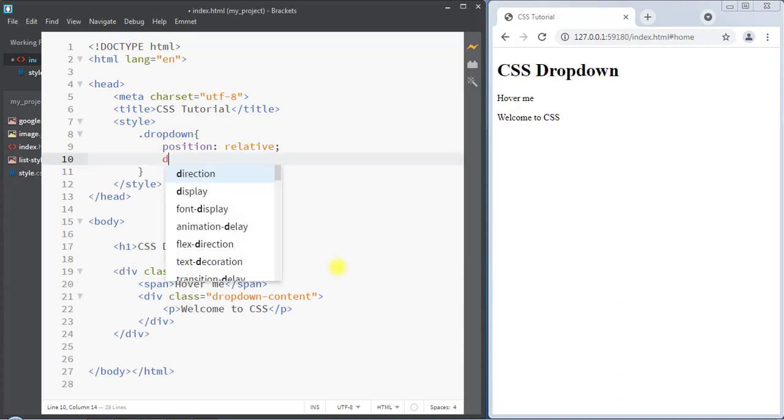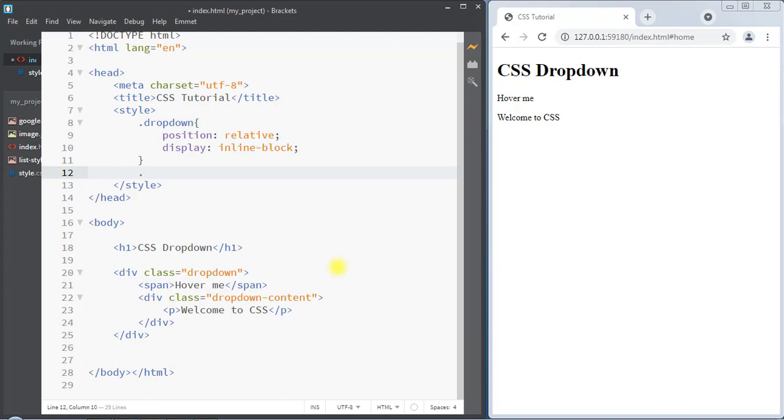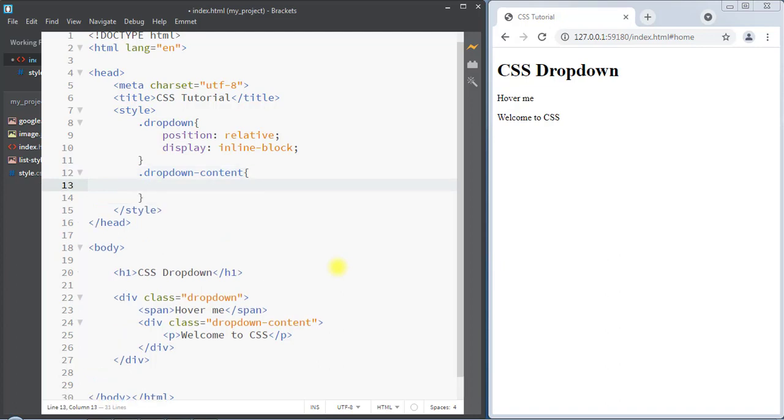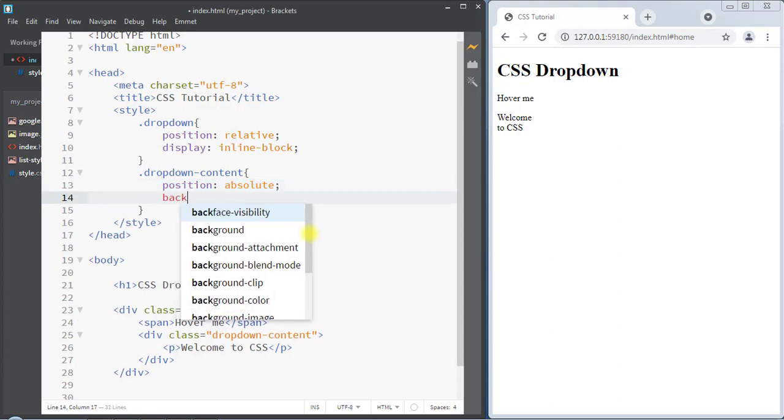And also we're going to use the display inline block property, and now we're going to select the class Dropdown Content and we're going to use the position absolute to position our inner content relative to the parent element. That's why we have set the parent as relative and the inner element as absolute. And now we're going to set some background color,